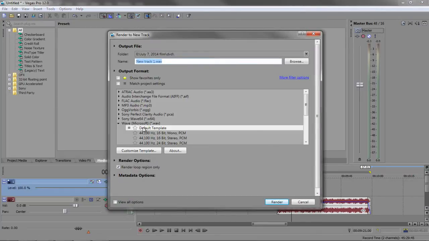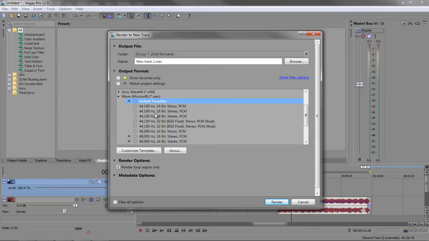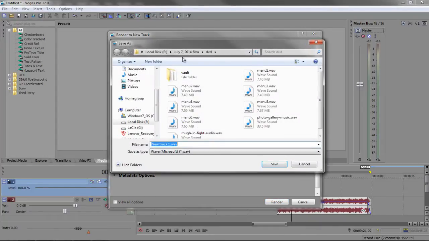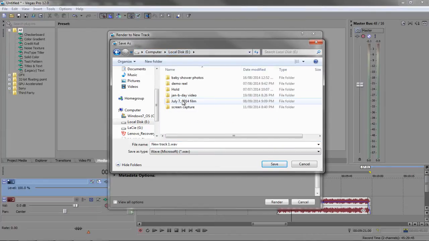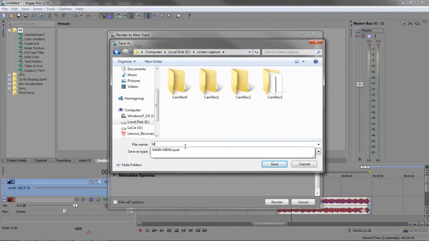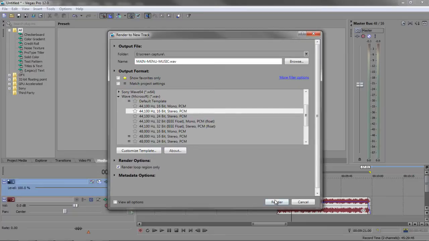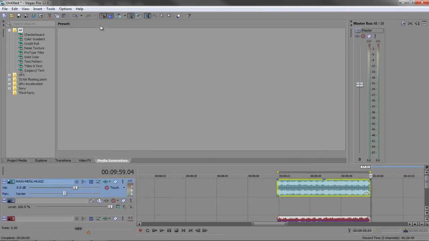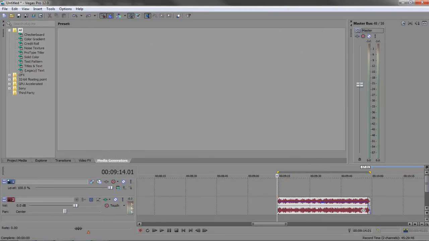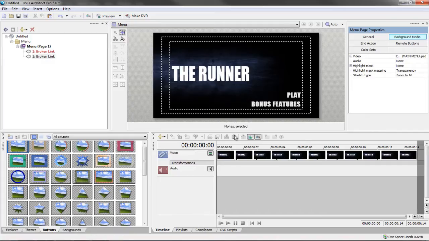Okay, there we go. So for this I like to create 16-bit in stereo, and I'm just going to choose a folder to save it, and it's going to be E drive capture. I'm just going to call this main menu music. Okay, hit save. Once it's exported, I'm just going to hit undo,